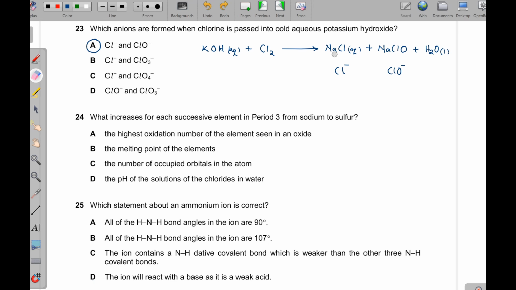By the way, I'm supposed to put here potassium chlorate(I) and potassium chloride, just like we do for sodium. Pardon me there. If I'm to balance, I think we shall put a 2 here because potassium is 2, and then oxygen is 2, hydrogen is 2, and chlorine is 2. So that's how we balance it. Then question 24,